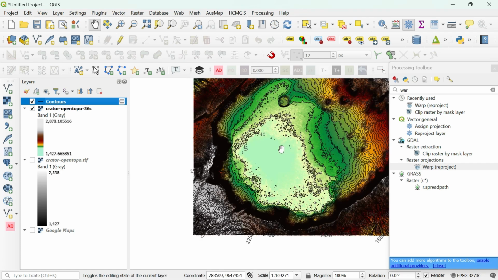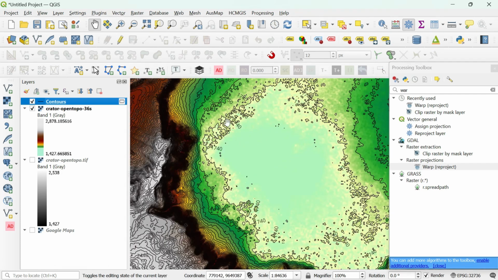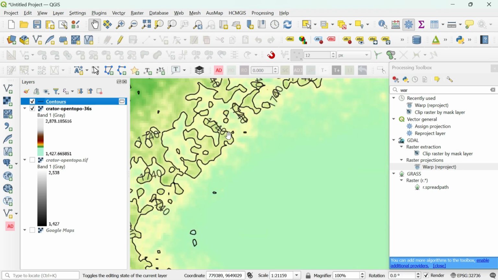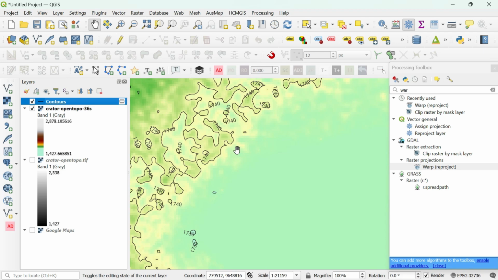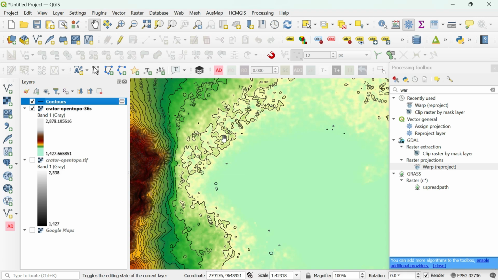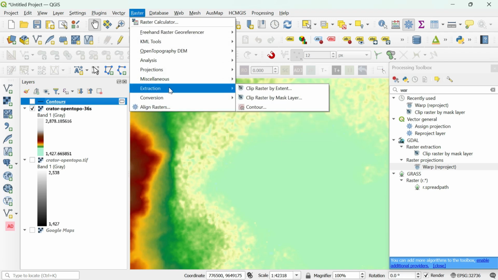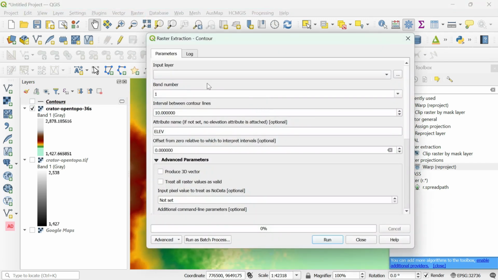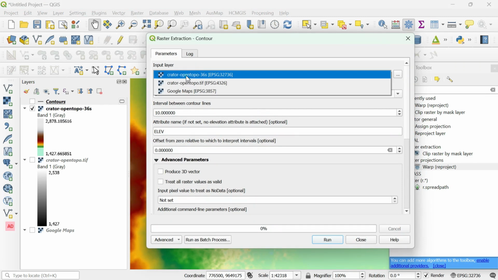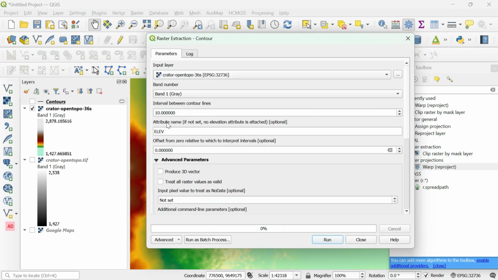Next, if you want more accuracy, then we will make the contour interval smaller, like 5 meter intervals. So let's create another one. Just click here, then come to Raster, Extraction, Contour, and choose our raster file, the 36 data, and here you can choose 5 meters.